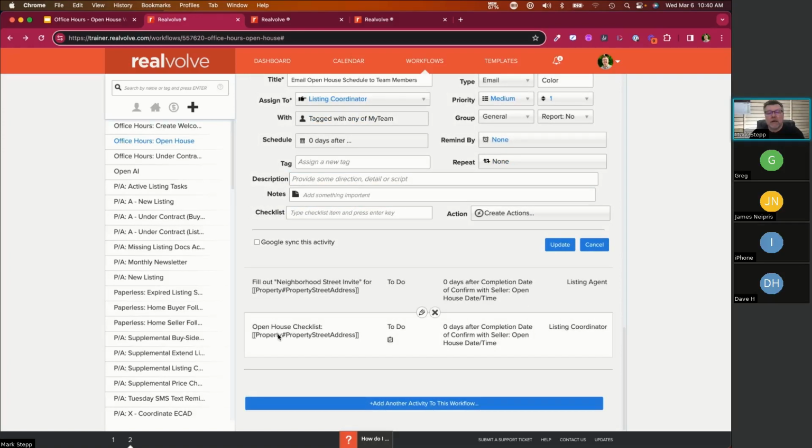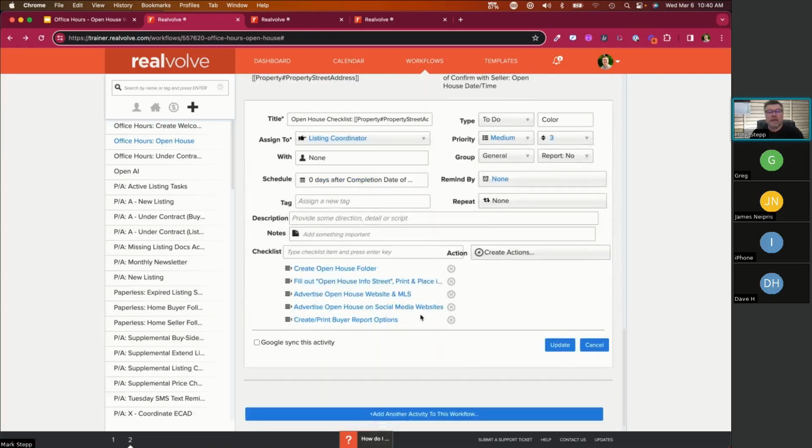And then the open house checklist, this was the same type of thing, 0 days after the confirmation. So the checklist on this one is: create the open house folder, fill out the open house info, street, print it, place it. These are all things that are just kind of in here. Other people have recommended them. I'm just using this in my trainer